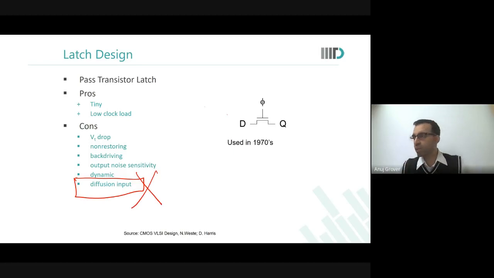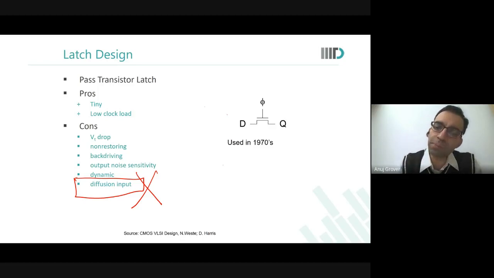Whether we're talking about a latch or an AOI or an OAI, if in your final designs you show me something with a diffusion input, marks cut, full marks cut for the design part, because you're designing standard cells. But then you will say, if it is so bad, then why are we even talking about it in the class? We are talking about it because in a standard cell this is a challenge.